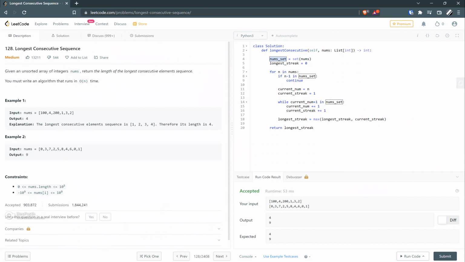अब नेपालीमा हेरौँ है त। नेपालीमा भन्दाखेरि आजको प्रब्लम चाहिँ लङ्गेस्ट कन्सेक्युटिभ सिक्वेन्स भन्ने छ, जसको चाहिँ डिफिकल्टी लेभल मिडियम हो। र यो प्रब्लममा के भनिरहेको छ भने चाहिँ एउटा अनसर्टेड एरे अफ इन्टिजर्स छन् नम्स भन्ने, अनि त्यसबाट चाहिँ हामीले लङ्गेस्ट कन्सेक्युटिभ एलिमेन्ट सिक्वेन्सको लेन्थ भन्नुपर्ने हो। र यो अल्गोरिदम लेख्दाखेरि चाहिँ अर्डर अफ एन टाइममा लेख्नुपर्छ।